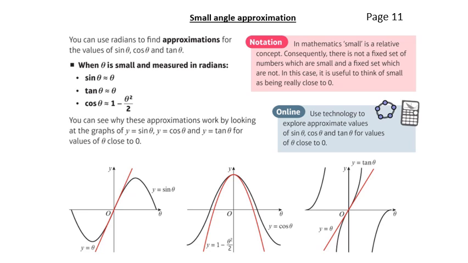Okay, so small angle approximations then. This is covered in page 11 of your booklet. If you wanted to approximate what sine of theta was equal to for a very small value of theta, then you could look at the sine graph. So if you have a look at this picture on the left-hand side of the screen, this shows the sine graph,